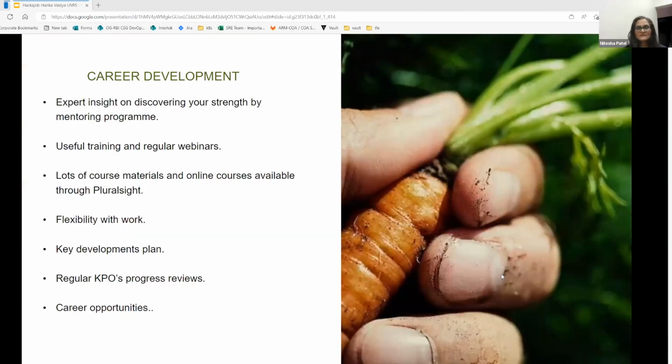So that's it. Those were about general things. The other one, most important to us as well, is career development. So what opportunities are available here to develop your career? As a woman in technology with a family, you need a balance between the family and your work life.